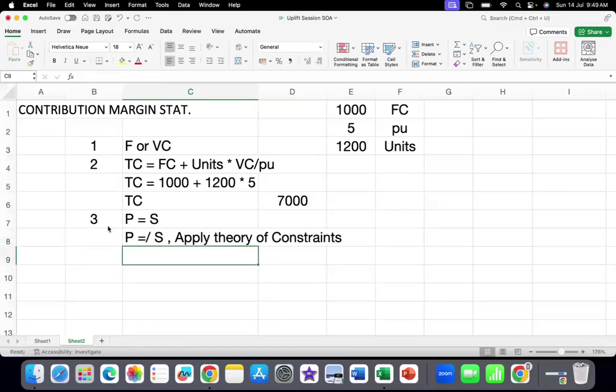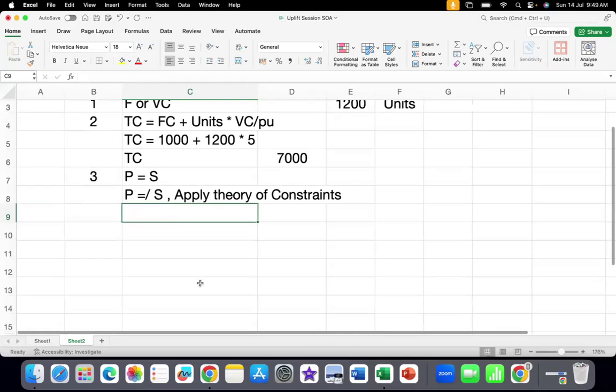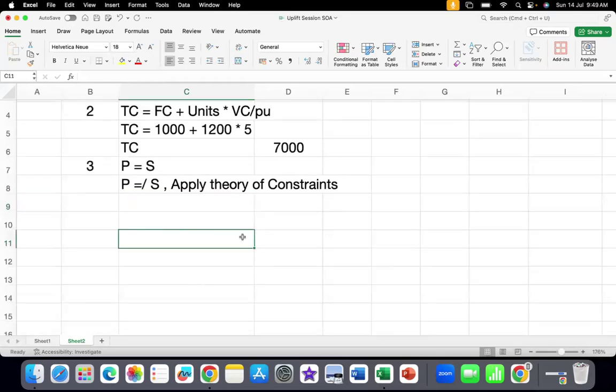So when your production is not equal to sales, you need to prioritize the things. So let's say, for example, you have 15 tasks in your bucket which you need to complete. Okay, so let's take a quick example on this. You've got 15 tasks to complete,